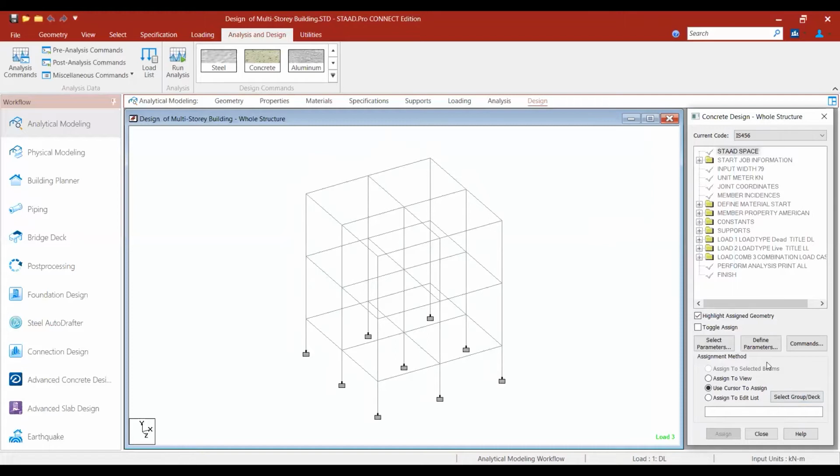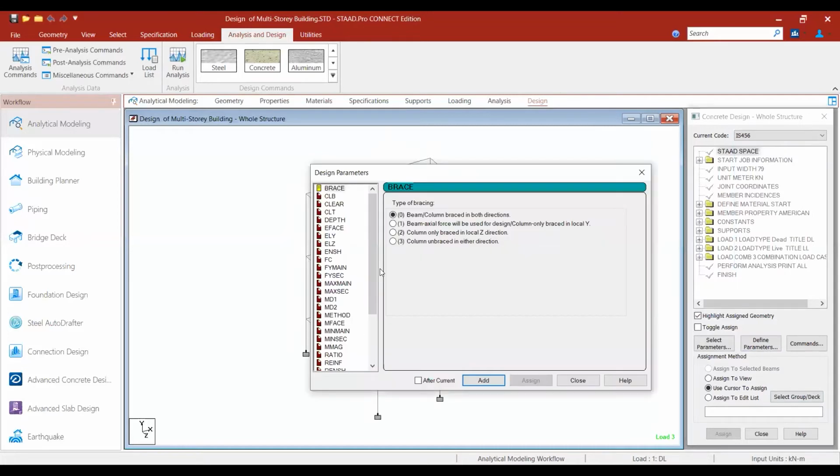After selecting, you have to define some parameters. The design parameters are FC. FC is the characteristic strength of concrete. Generally, if you take M20 concrete, it is 20 Newton per mm square.